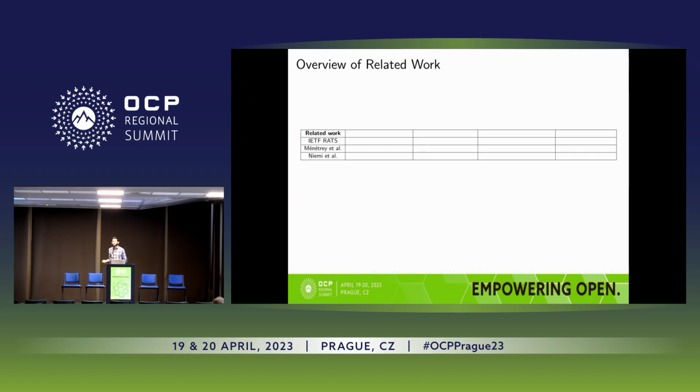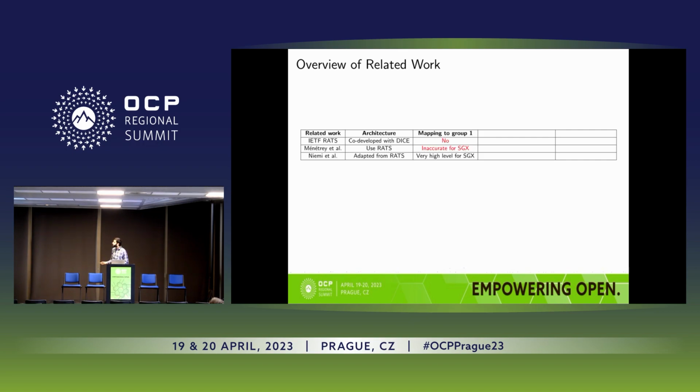Now, talking about the state of the art which exists in this domain. There are three main works: the IETF RATS working group, which I have already described, with the standard 9334. Then there is an academic effort, Muhammad et al., and then there is an industrial effort from Nimi et al. from Huawei. So the first one, for example, let's talk about the architecture. This architecture, IETF RATS, was co-developed with DICE. And this one uses the RATS architecture itself. And Nimi et al. basically adapted the RATS architecture.